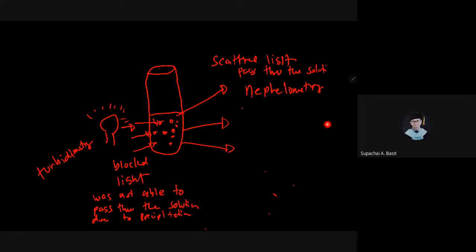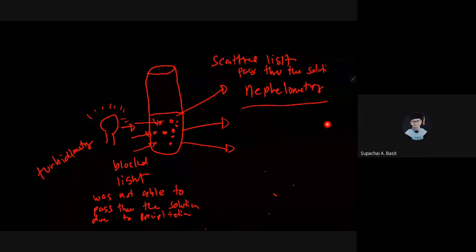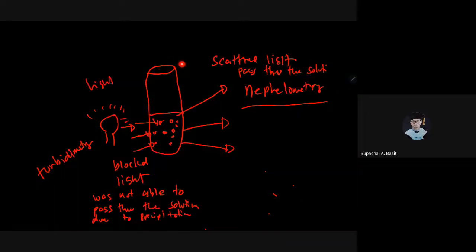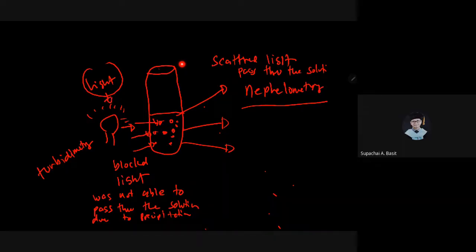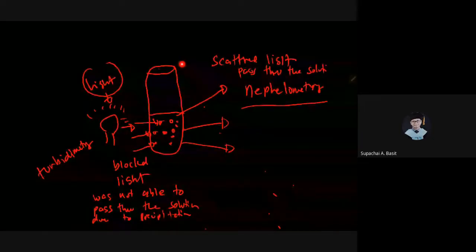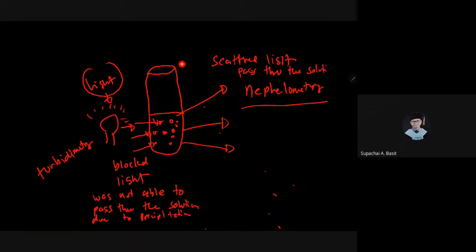Okay, I hope that's clear. If we're measuring the scattered light, you call that nephelometry. If you're measuring the black light, meaning the light that was not able to pass through the solution due to the precipitation reaction, then that is what you call